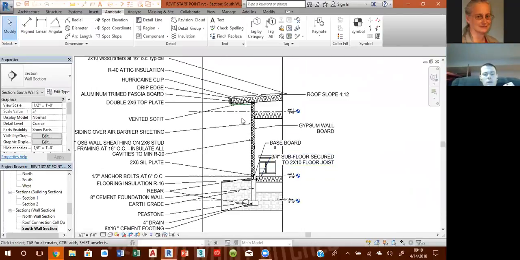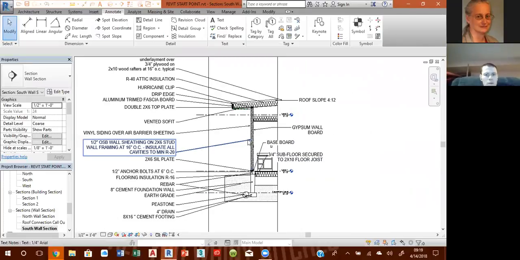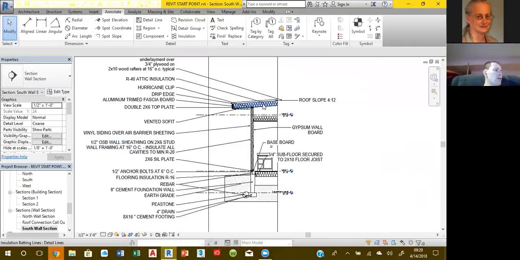You know what you didn't call out? You didn't call out the ice and water shield. Oh, I did not. Yeah, because I found one of my wall section pages that kind of help me call out a lot of the stuff, and I completely did not see that on there. Yeah, it depends on how old the section is, et cetera. You need ice and water shield, but you also need probably